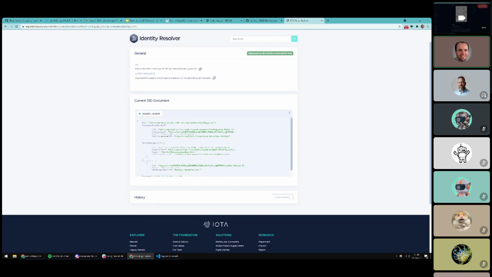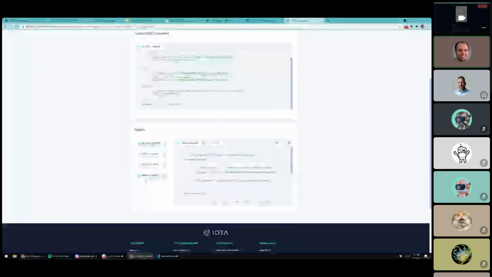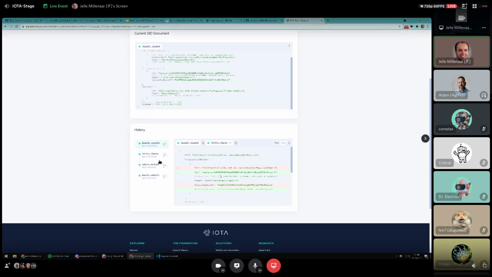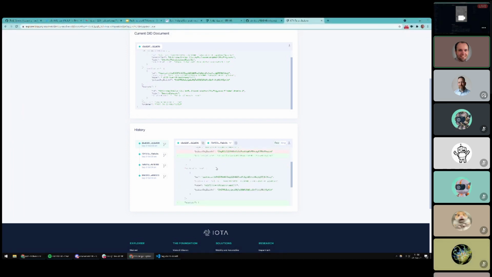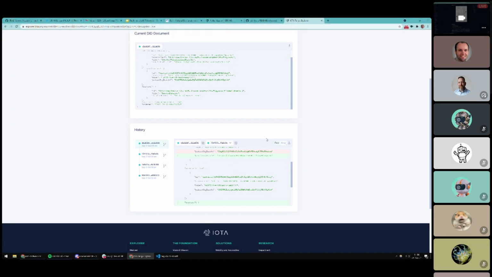And it shows you what the current state is of the JSON document on the Tangle. You can also load its entire history, so you can see how an identity has changed over time. And you can even compare two versions and see exactly what has changed. This is pretty useful when you are developing and you want to see, all right, my intent was to update an identity to have a new public key or some additional metadata. Did that go correctly? Then you can check it using this tool directly.